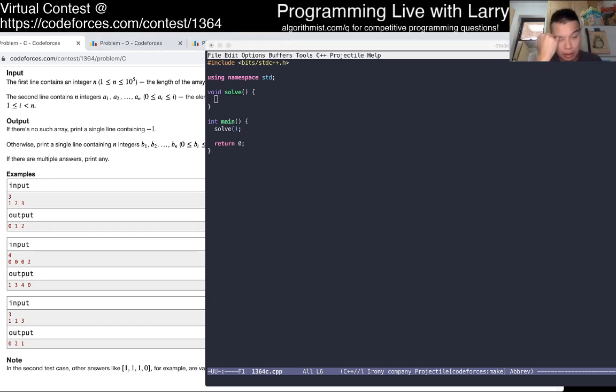I think we could keep track of it going forward. Going forward, what do you need?